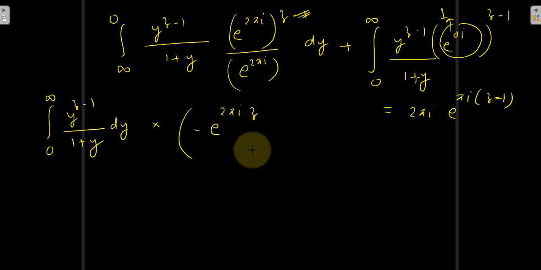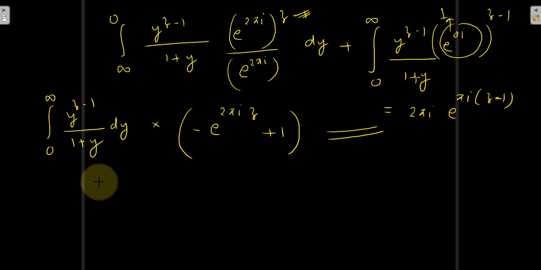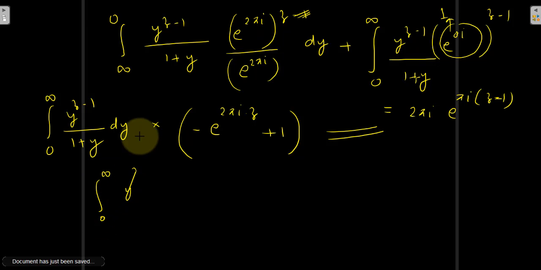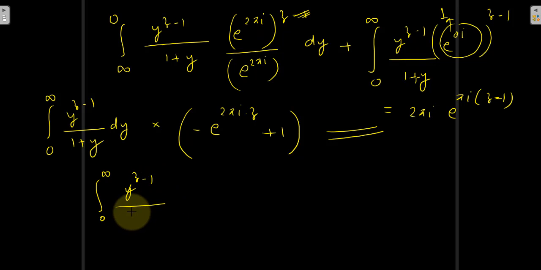Is it clear? Yes. And here you have the same thing, 0 to infinity y to the z minus 1 over 1 plus y, and nothing common, so you have just plus 1. And this is all equal to this. Now you get 0 to infinity y to the z minus 1 divided by 1 plus y dy, equal to 2 pi i, and this is e to the pi i z,